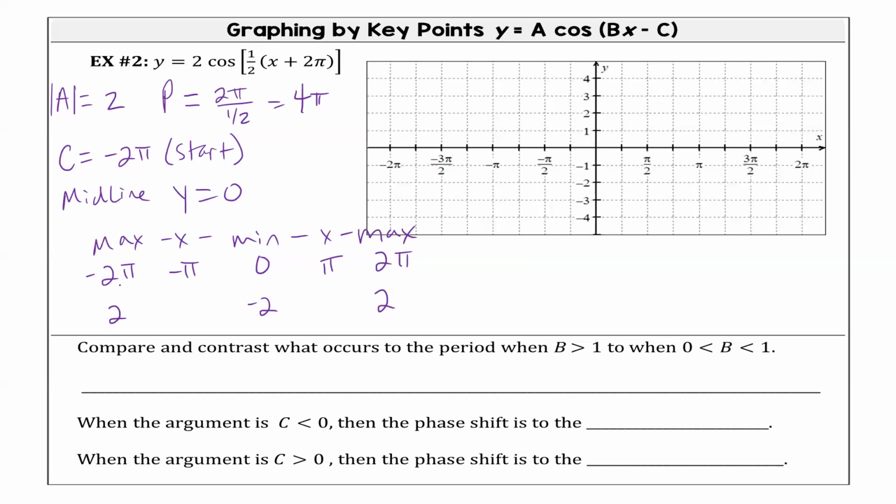So now we have all the things we need to graph. So we're going to start at negative 2 pi. It's a max. So we go up to 2. And then we're going to go to negative pi, and it's our x-intercept. Then we're going to go to 0, and it's our minimum. Then we're going to go to pi, and it's our x-intercept. And then we're going to go to 2 pi, and it's our maximum. So our graph looks like